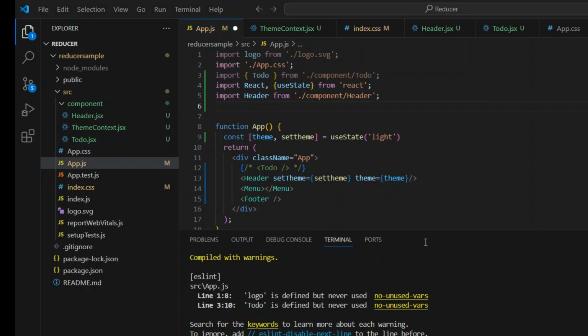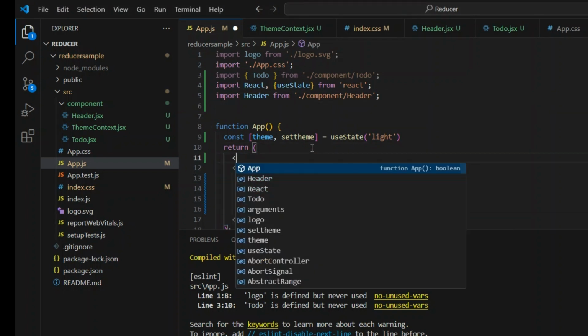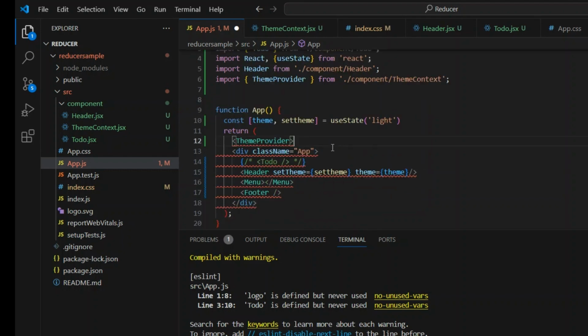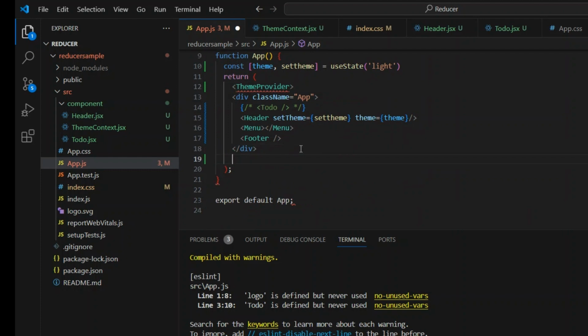It gets automatically imported, and we're going to place this at the bottom. So whichever element, whichever component is passed inside the theme provider will hold the theme value within itself,